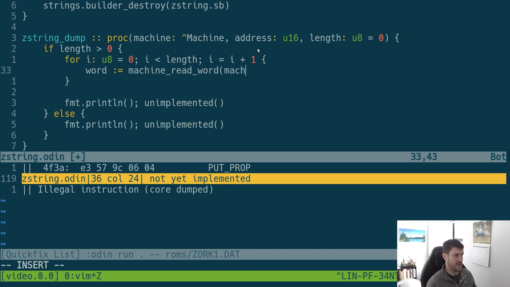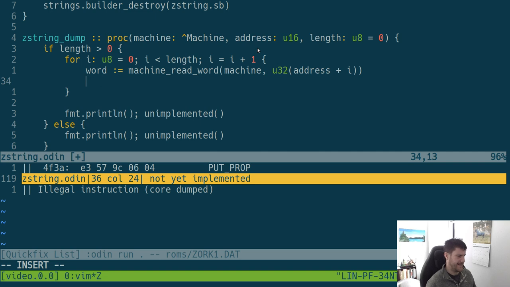And we're going to take the machine and we're going to pass in address plus I. And I believe we need to pass that as a U2. So here the word is that, and I guess if I equals length,